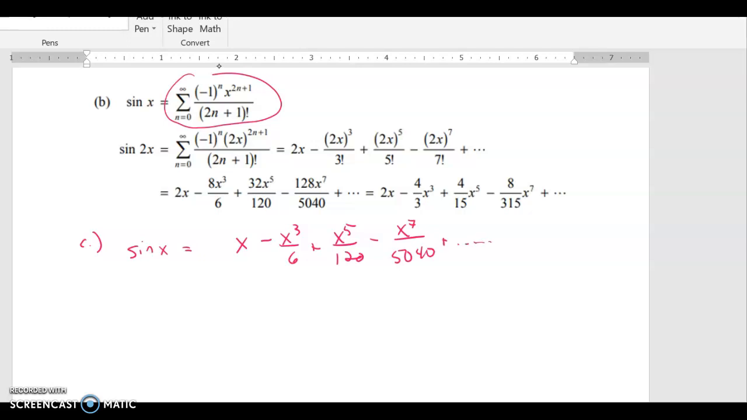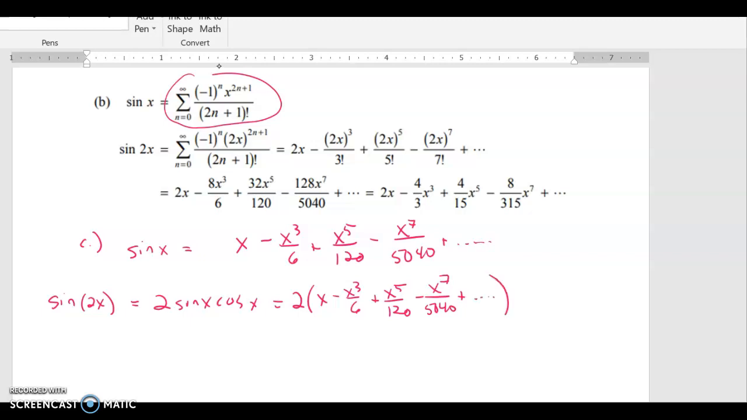And then what I need to look at is sine 2x. So sine 2x is 2 sine x cosine x. So it's 2 times sine x, 2 times this thing, times the cosine x. So we can go look up our cosine x function,